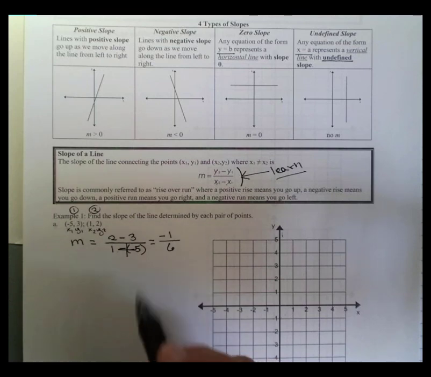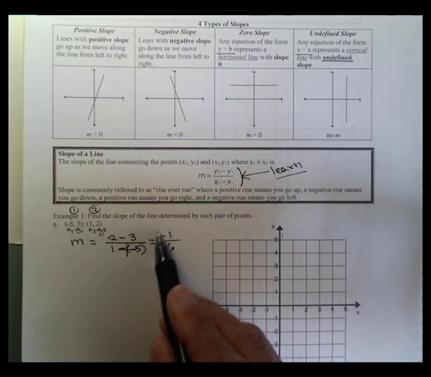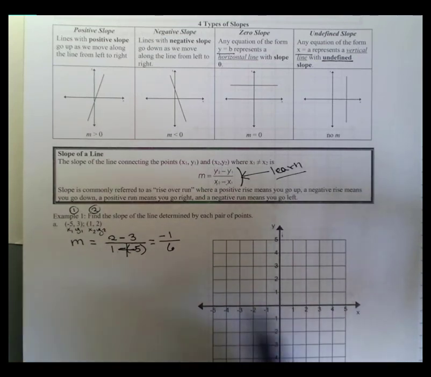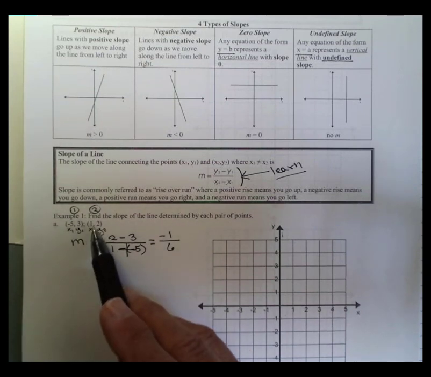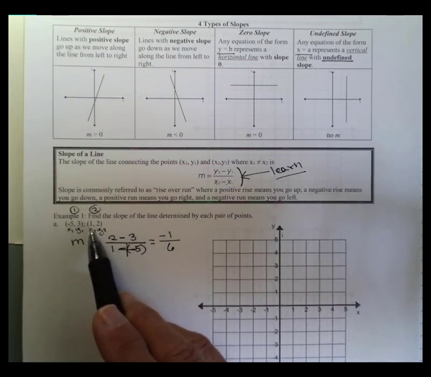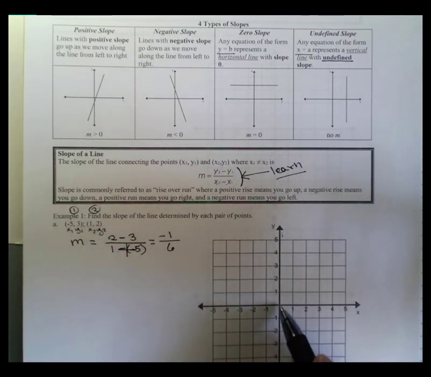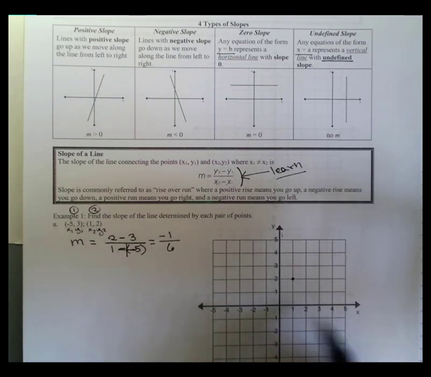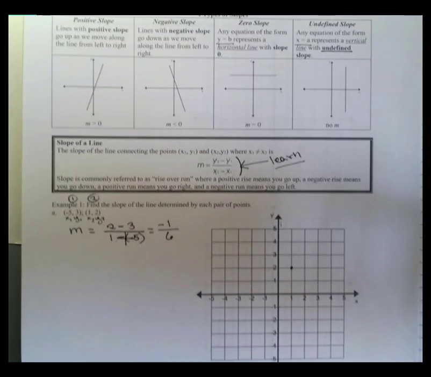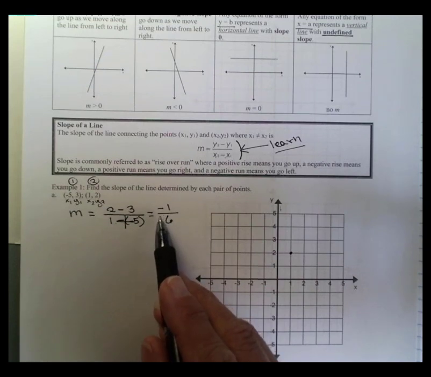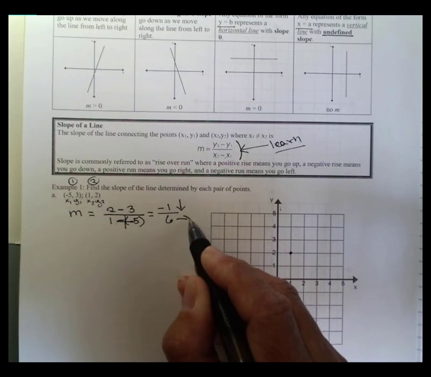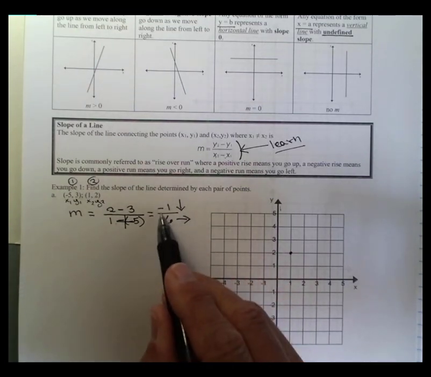But I'm choosing to use the negative and leave it in the top part of the slope. The reason is this: it's easier to graph. I'm going to just start with one of these points, and I'm going to choose something that's easy, sort of toward the center of my graph, 1, 2, okay? So I've got 1, 2 right here. And I know I can find another point on the line simply by following the slope. I would go down 1 and across 6. This is rise. It has a negative rise,